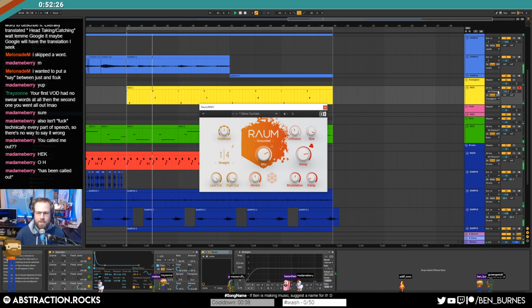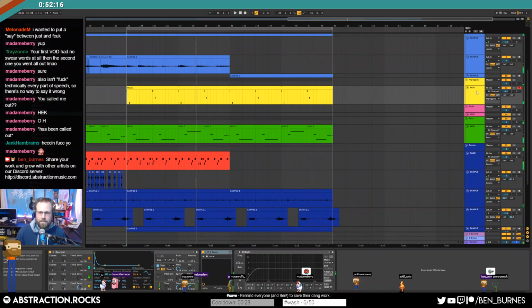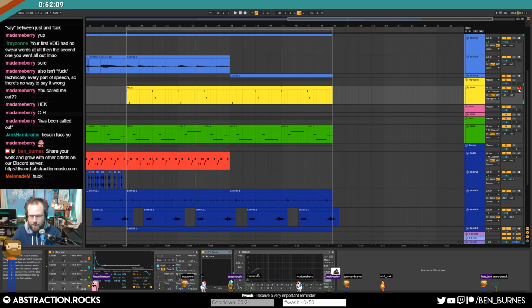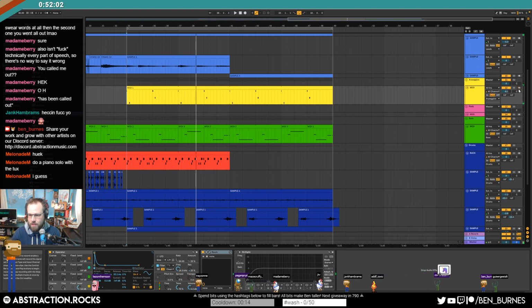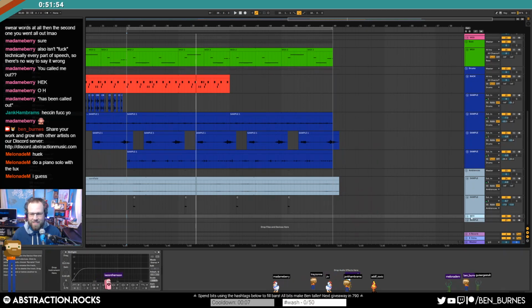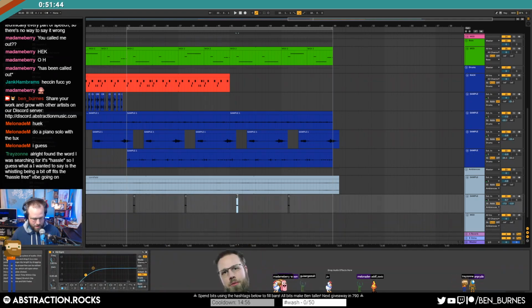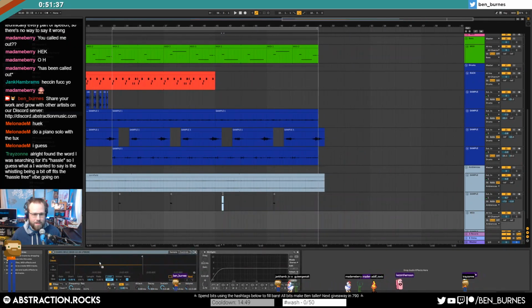Piano solo. I can make that hit. You want me to do a piano solo with this? Actually, that was a really cool chord. Okay. Well, you're going to have to give me 2 minutes before I can do that, because I need to tune it. Actually... Remember to save. Gotta do that. And then... This is the most elaborate...